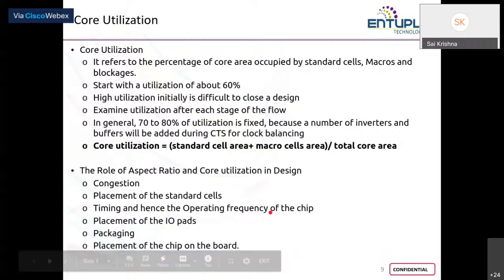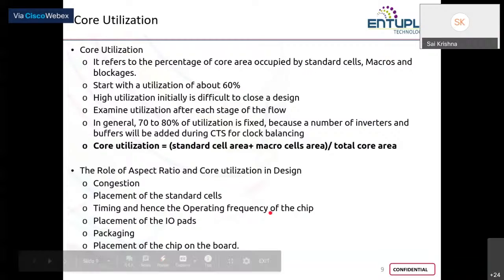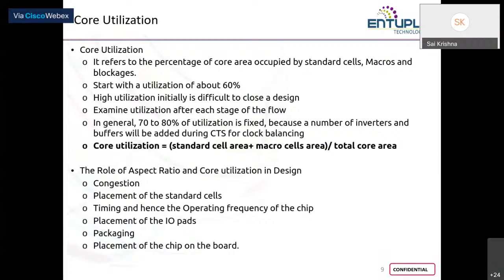You also read your LEF file as another input when you start your physical design. Your LEF file will contain the list of layers, especially the list of metals that you can use for routing your design. So out of all the metals, starting with metal 1, then 2, 3, 4, 5, 6, 8, 9, or so until wherever it is,